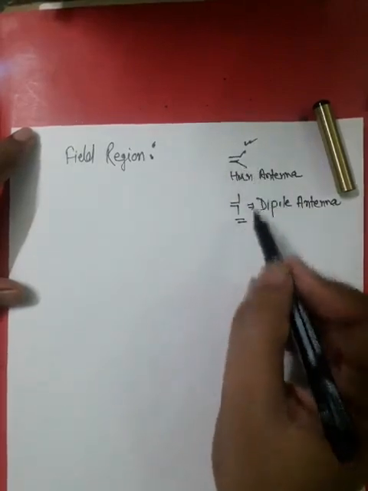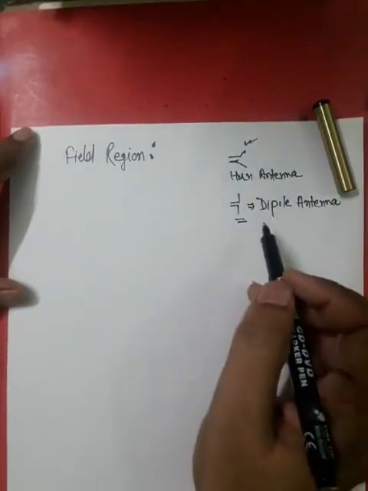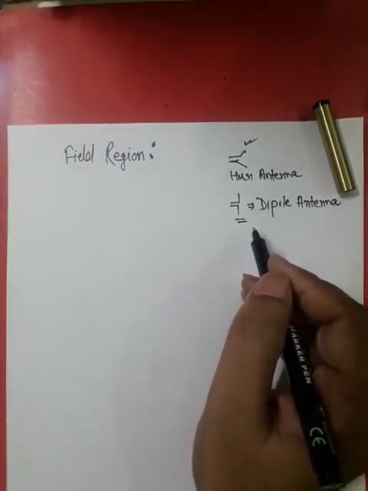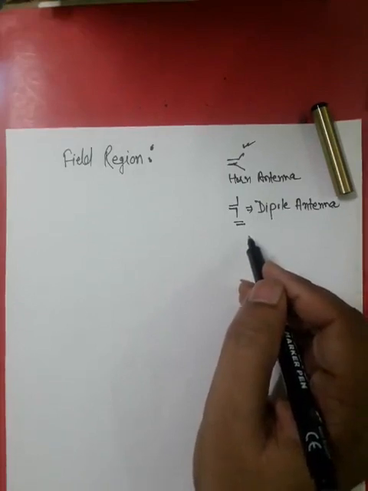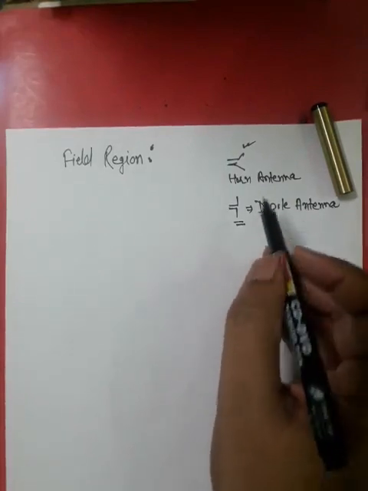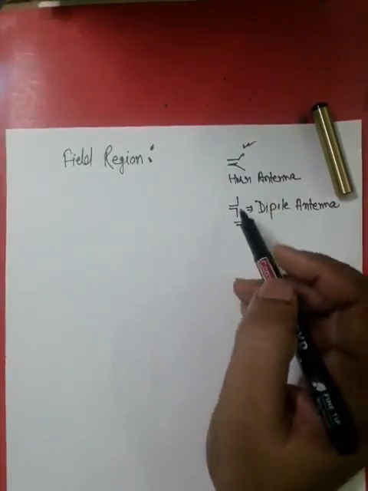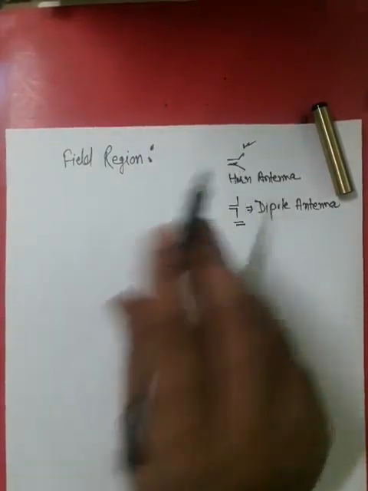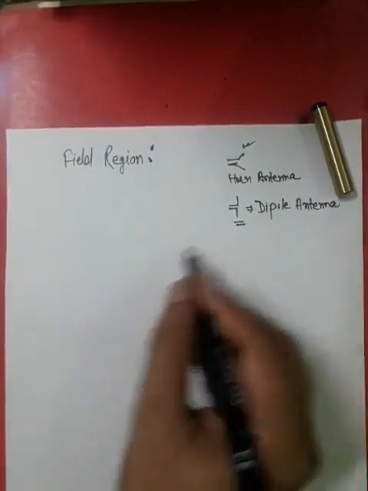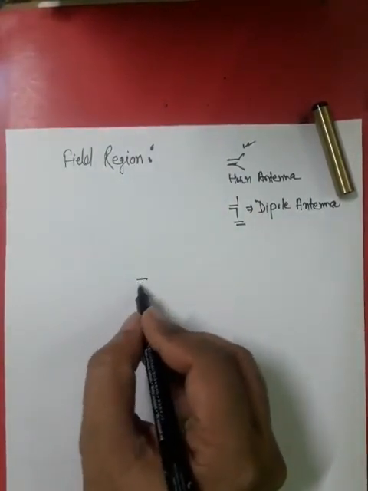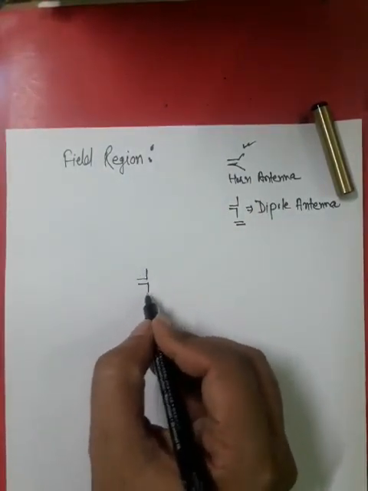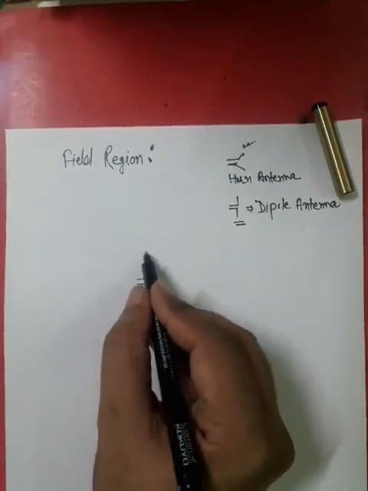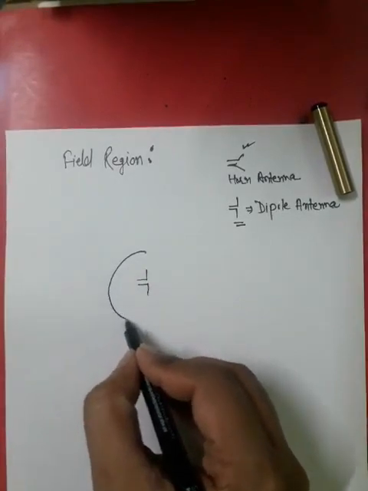This is for horn antenna, this is dipole antenna, and currently as we are not talking about some specific antenna and their property, interchangeably I will make this antenna or this antenna. It is not necessary always I make this or this. So in field region I will just make this antenna, and I will draw two different circles. Then first I just draw these circles.